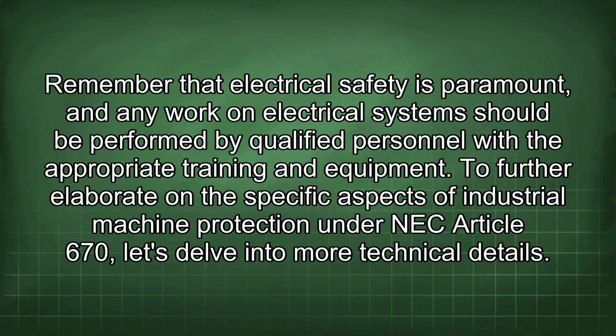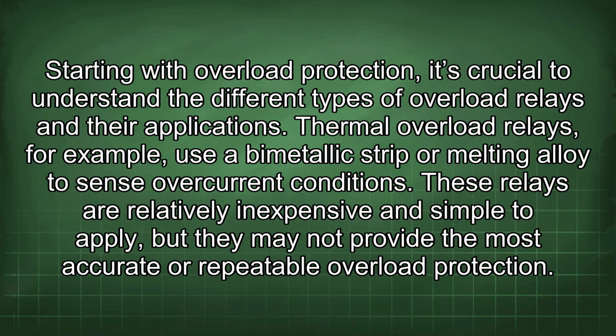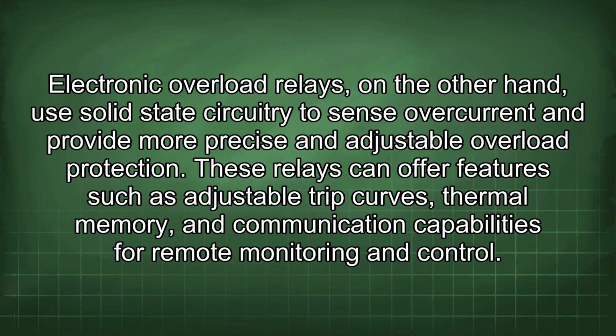appropriate training and equipment. To further elaborate on the specific aspects of industrial machine protection under NEC Article 670, let's delve into more technical details. Starting with overload protection, it's crucial to understand the different types of overload relays and their applications. Thermal overload relays, for example, use a bimetallic strip or melting alloy to sense overcurrent conditions. These relays are relatively inexpensive and simple to apply, but they may not provide the most accurate or repeatable overload